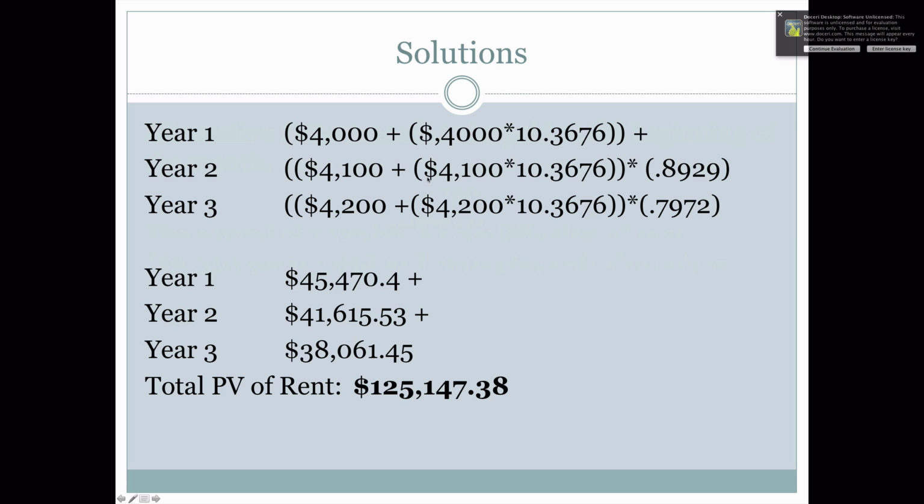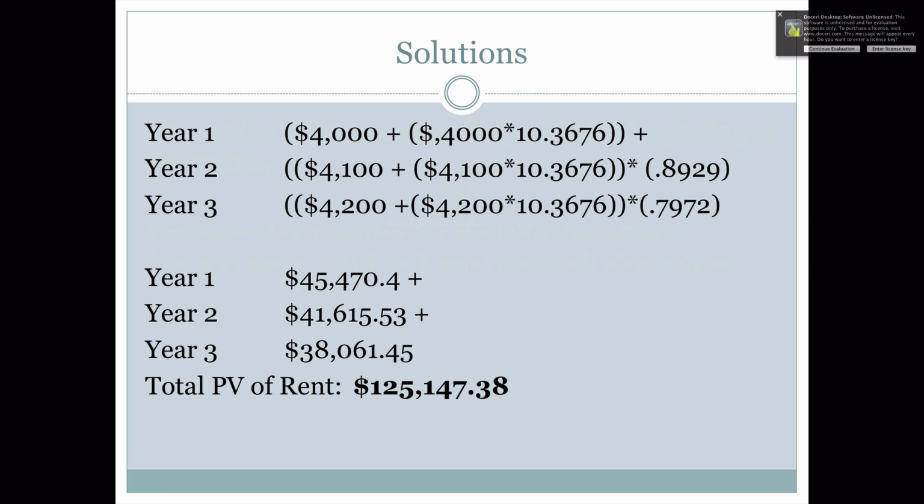When we do the math and we look up the PVA for 11 periods at 1%, we get 10.3676, I apologize. So we do our math, 4,000 times 10.3676 plus 4,000, and we get 45,470.4. On year 2, we take the 4,100, we multiply it by 10.3676, and then we add the 4,100 again, and then we discount that whole amount by 1 year at 12%, and that multiplier is 0.8929. We get